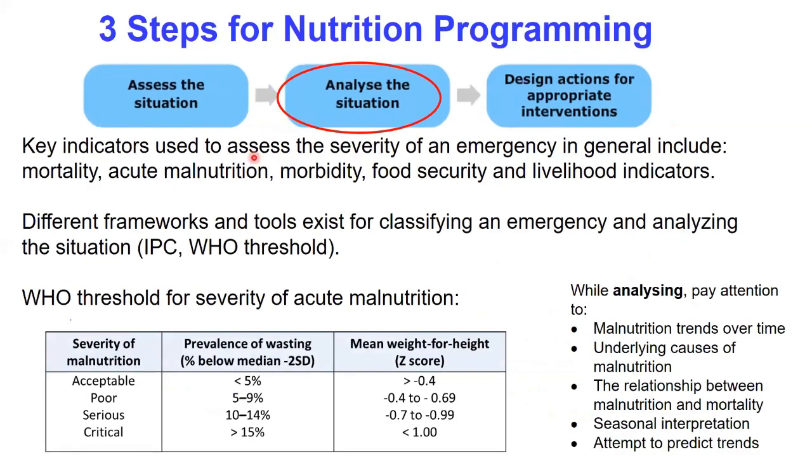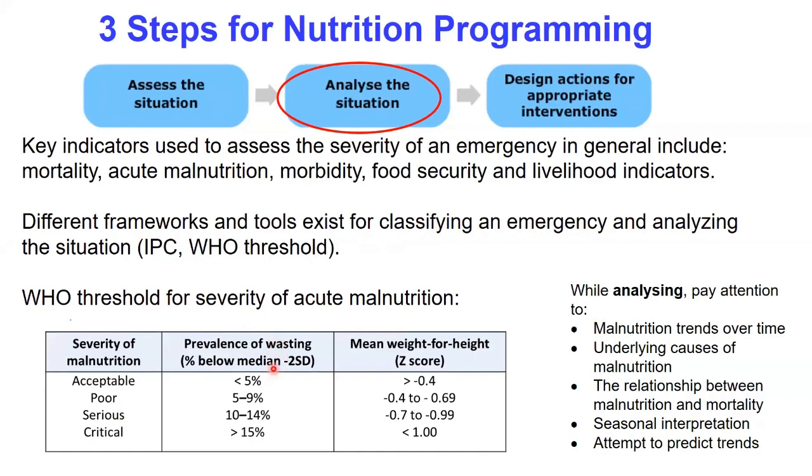So we definitely analyze indicators to assess the severity, in case there is an emergency in general, to see death, acute malnutrition, disease, morbidity, and food security and livelihood indicators. And there are different frameworks in terms of assessing this. And based on WHO, we have clear criteria in terms of what we can call acceptable, in terms of prevalence of wasting,